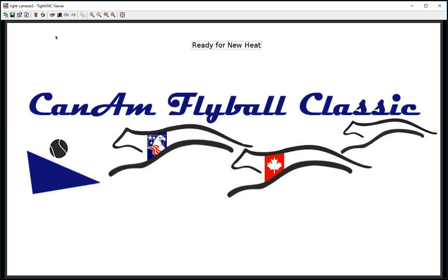What we're seeing at the top of this screen is the VNC viewer's menu bar. That menu bar will be different depending on the VNC client that you're using. And we don't have to use VNC. This is convenient for me to make this video, but you could just as well plug a USB mouse into